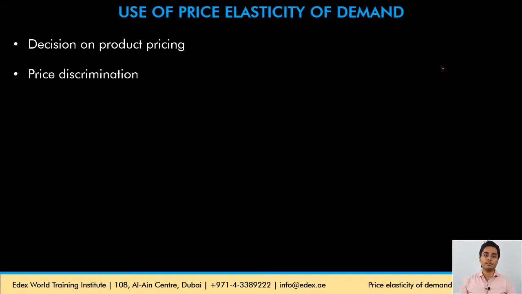The best example of this is airline tickets. The airline companies know that consumers who want to fly urgently will have inelastic demand. When the travel date is near the booking date, the airline companies know that there is urgency in travel, so they will charge higher prices because demand is inelastic. Whereas if the travel date is not near the booking date, there is a gap, the airline companies know that the consumers might have time to look for alternatives. They will look for cheaper prices. So the airline companies would want to offer cheaper prices to increase their revenues.